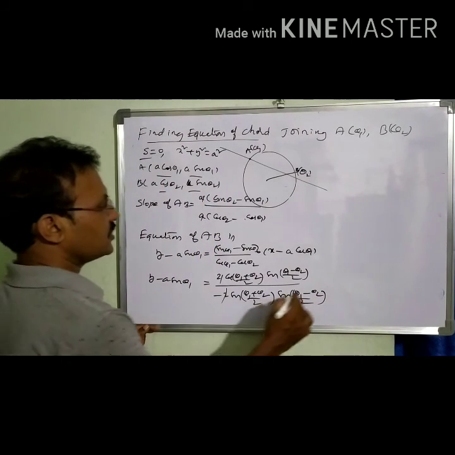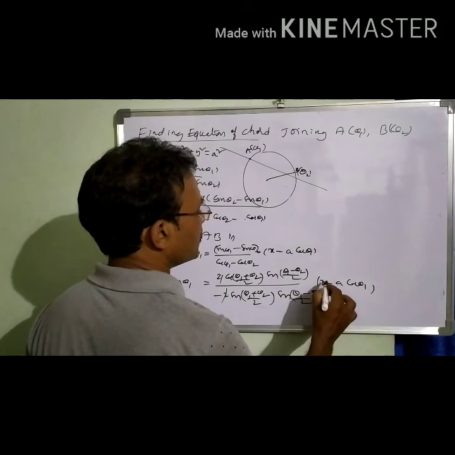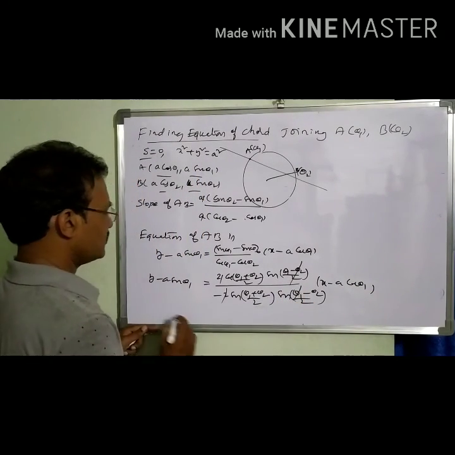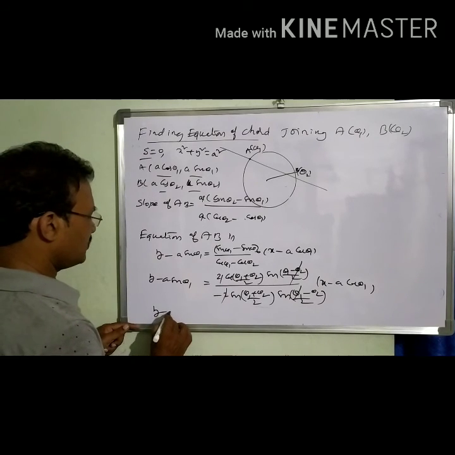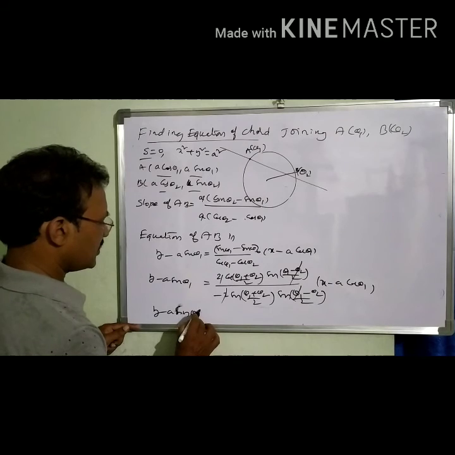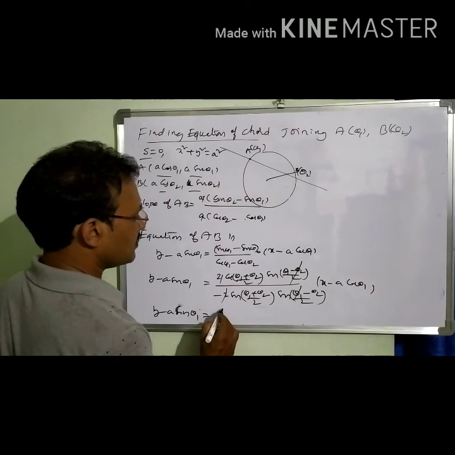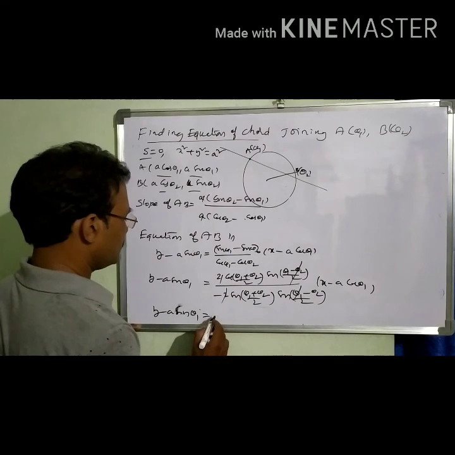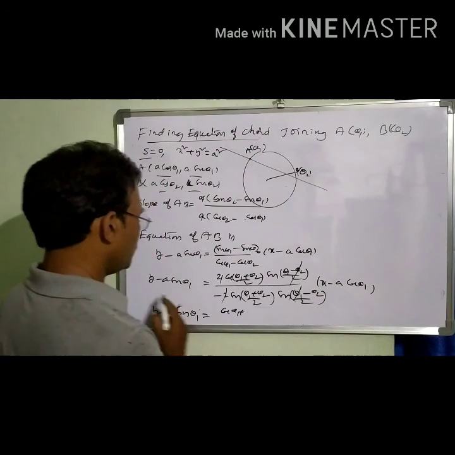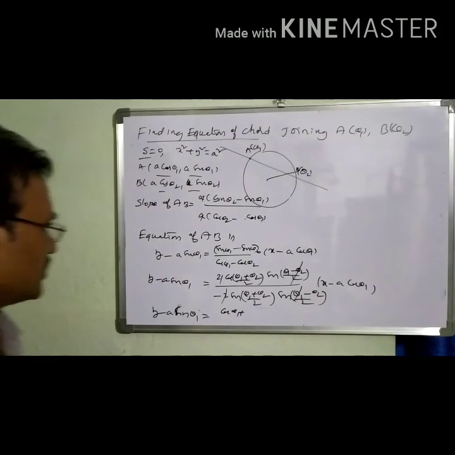Here 2 cancels, into x minus a cos theta 1. What we get is sin theta 1 minus theta 2 cancels. So here we get y minus a sin theta 1 is equal to cos of theta 1 plus theta 2 by 2 over sin of theta 1 plus theta 2 by 2. If you change this towards the right side, the equation changes into